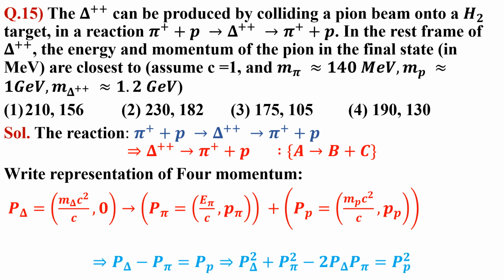So you can rewrite it as p_delta minus p_pi equals p. Squaring both sides we get p_delta squared plus p_pi squared minus 2 p_delta p_pi equals p squared,